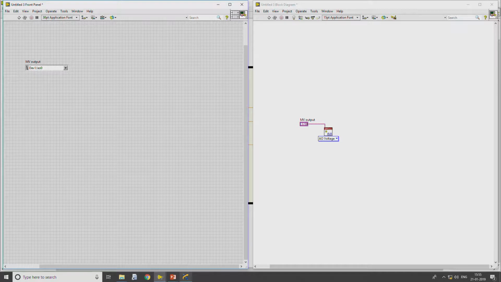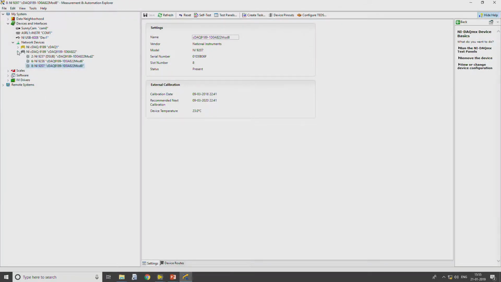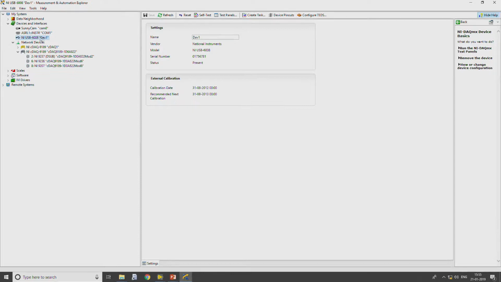From NI MAX, if you observe, we have seen different types of devices connected, which are the NI USB 6008 as well as the CDAC 9189. For acquiring the data from the sensor we are using CDAC, whereas for generating the signal to the real world we will be using 6008. It does not mean the same device cannot be used.